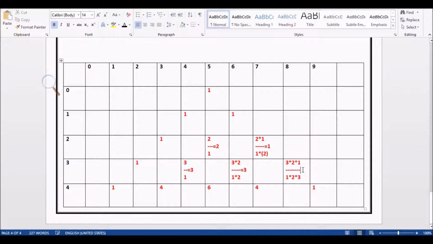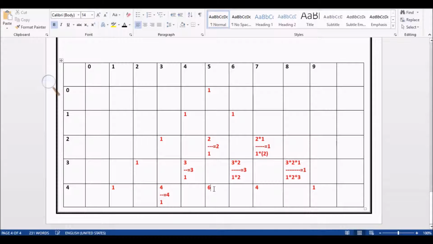So this is equal to 6 by 6, that is 1. Likewise, for the 4 value, that is the value of the row, we assign it and divide it by 1, so that is equal to 4.